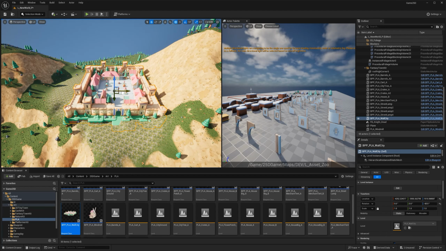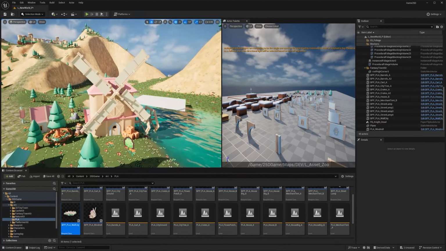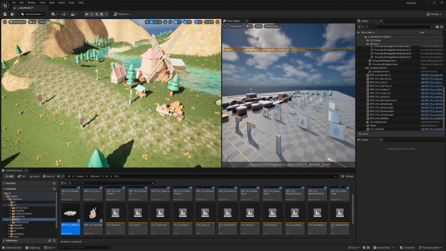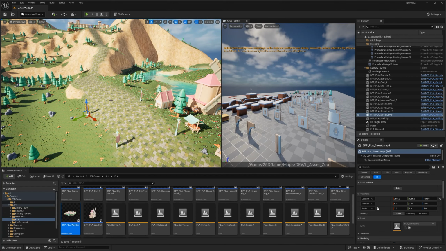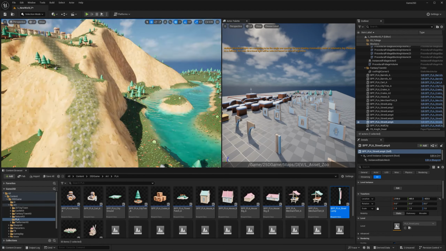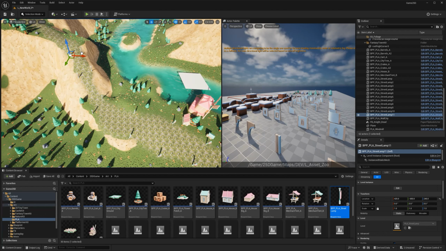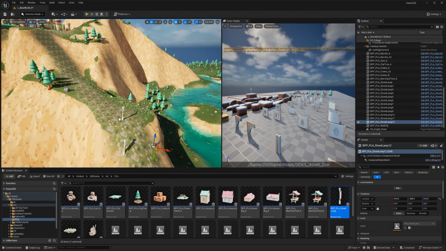Trying to position so there's no intersecting, you might need to do a little bit of editing. But really quickly you can build something. So let's continue to do this, okay? So maybe I'm happy with the stuff that we set up so far. And by the way, I created these assets the same way that I just created the windmill. And you saw how fast it was. We might need to rotate some of this to be facing the camera with the character, but we can always do this after. I'm just going to place them really quick. Some people call these assemblies, some people call these groups, some people call these prefabs.